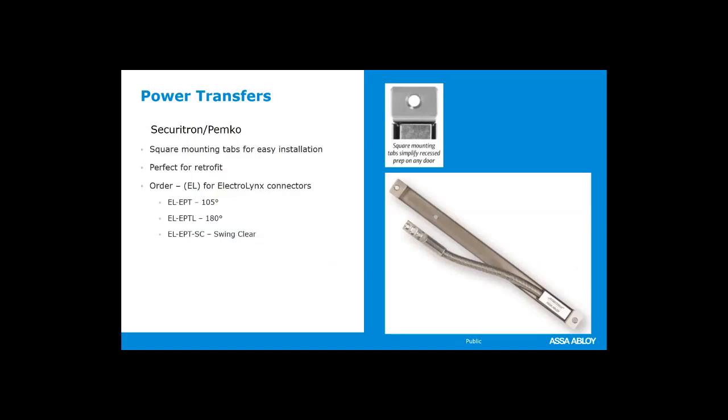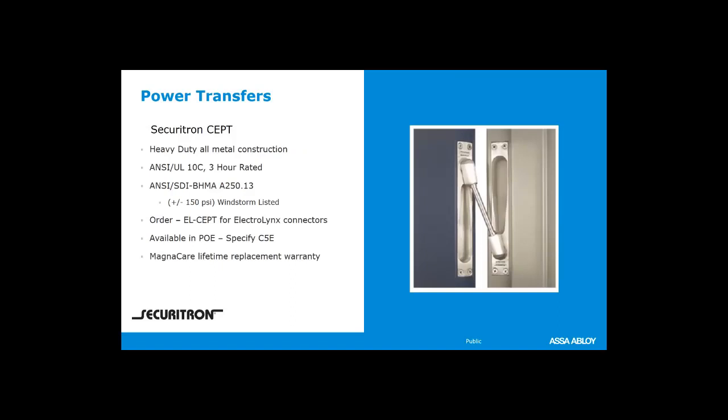Securitron also sells the power transfers, and they have the EL EPT and the CEPT. So I'm going to talk about this for just a second, okay? The CEPT is the same dimensions as a couple of other competitor power transfers, so that makes it easy if you wanted to drop one of these in. I do want to note for power transfers, the CEPT from Securitron is the only one that's available with PoE,